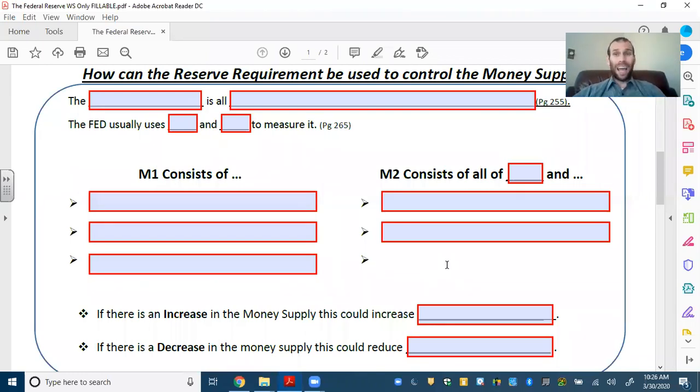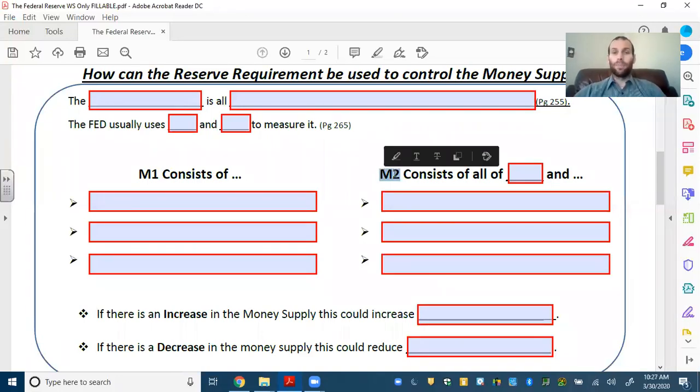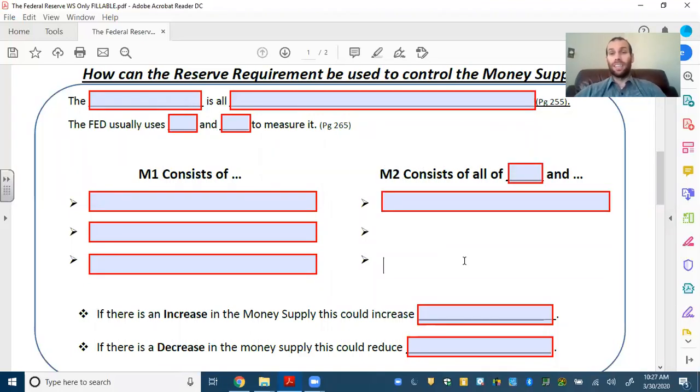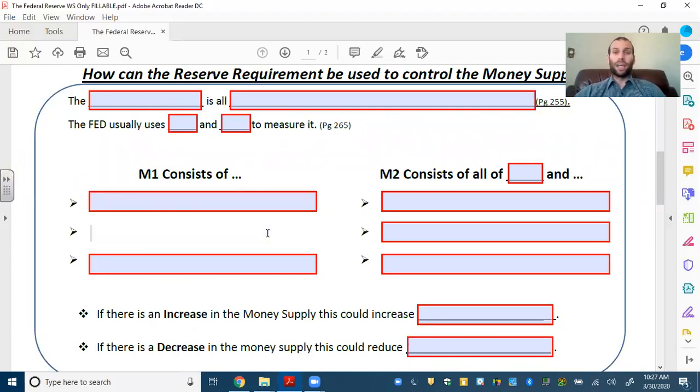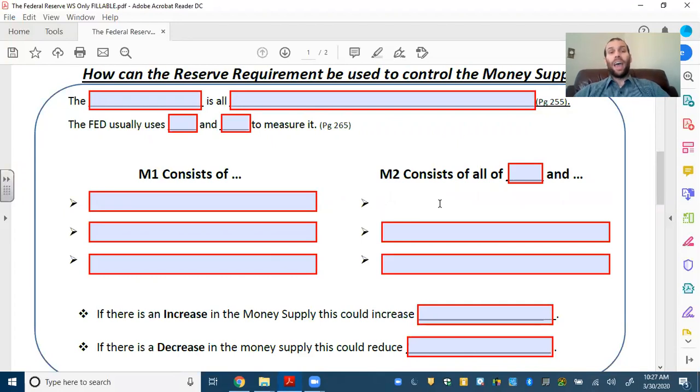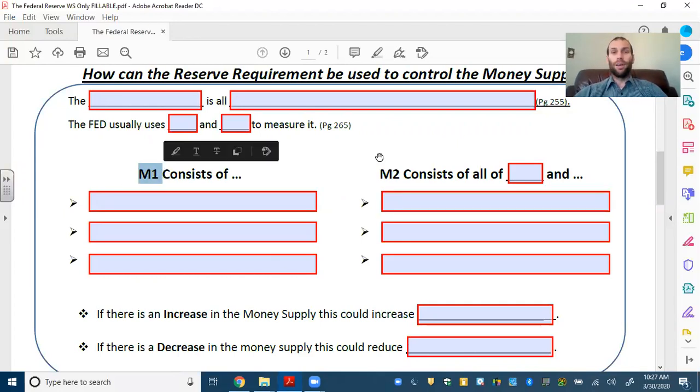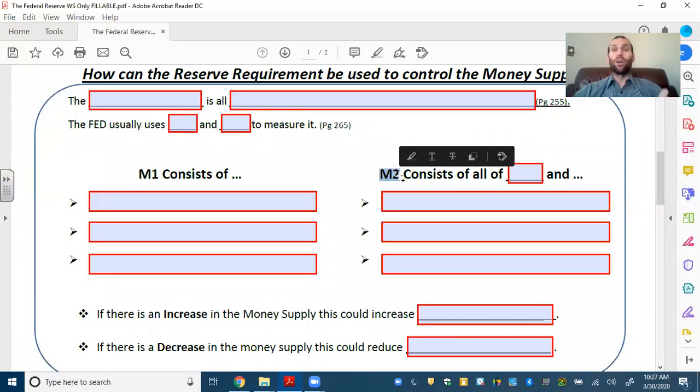Now, if I were to ask you what's bigger, M1 or M2, this should be a pretty easy question, because it must be M2. Because M2 consists of all of M1 plus these things, and it's actually usually many times larger than M1. So if you take money from your checking account and you put it in a savings account, M1 would get smaller, but M2, and here's where it's tricky, would remain the same because it already includes